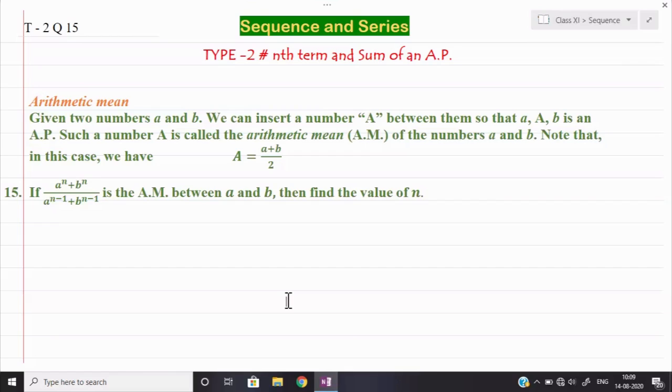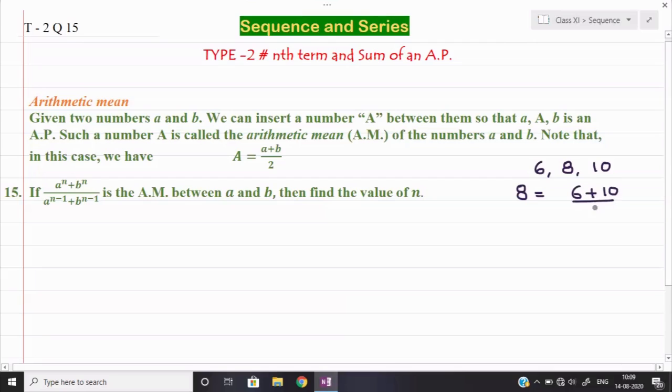You remember I have given you the example. Suppose I have given three numbers 6, 8 and 10. These three numbers are given in AP. So I told you at that time 8 will always be equal to the addition of 6 and 10 divided by 2. Means we will say here the middle number 8 is the arithmetic mean of 6 and 10. Suppose if I say find out the arithmetic mean of 6 and 10, then what will you do? You will add 6 and 10 and divide by 2 over there.